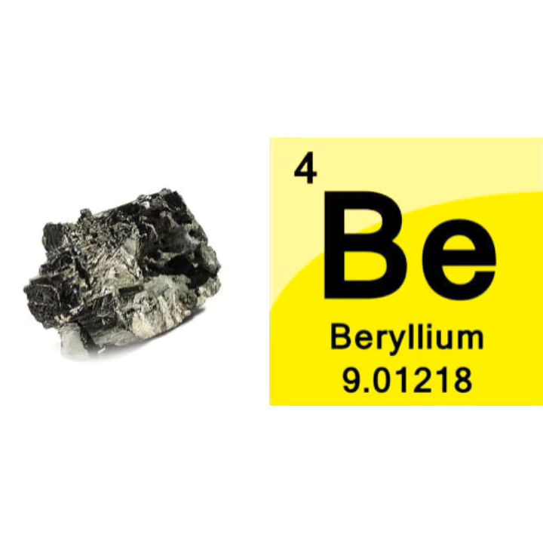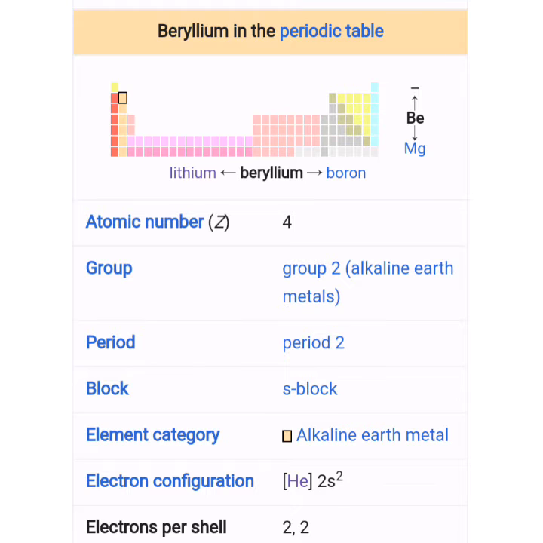Hello friends, this session my next element is beryllium. Beryllium is the fourth element in the periodic table. Atomic number 4, group 2, period 2, s-block element, elemental category alkaline earth metal, electronic configuration 1s2, 2s2,